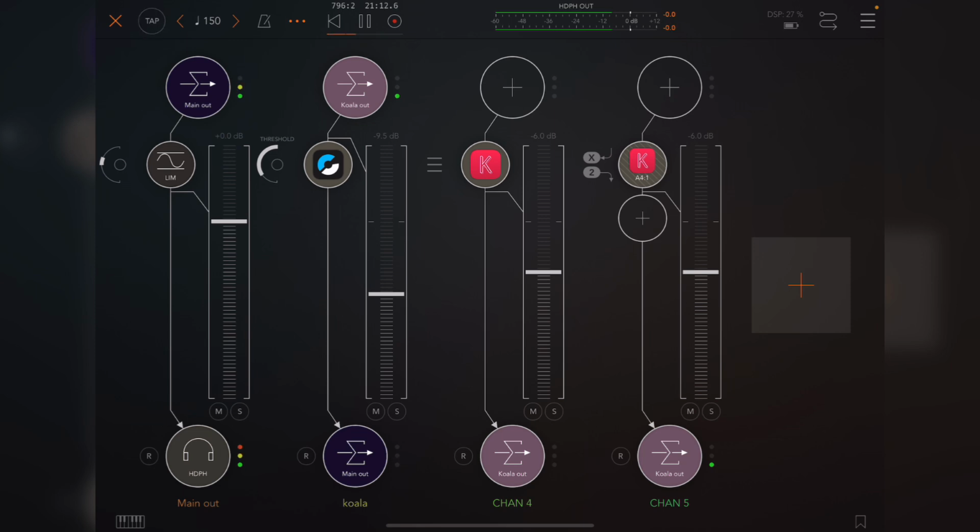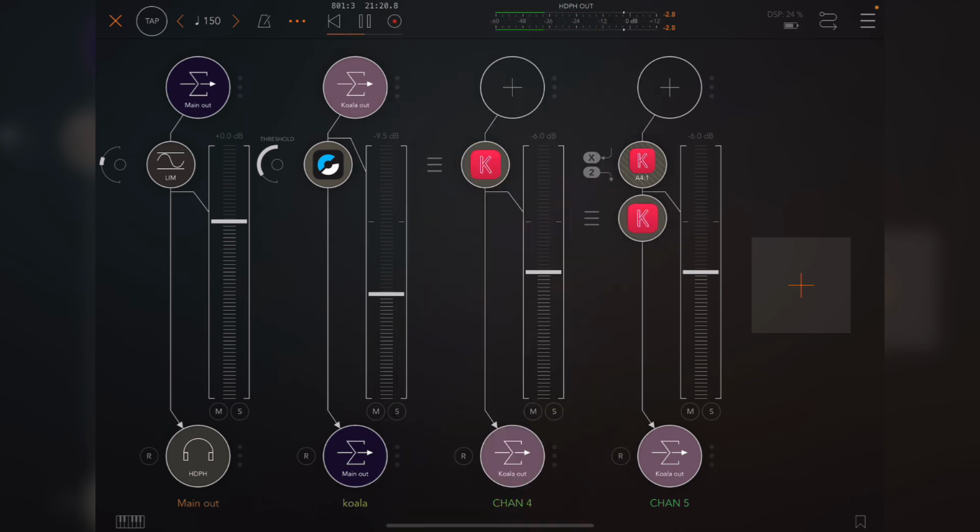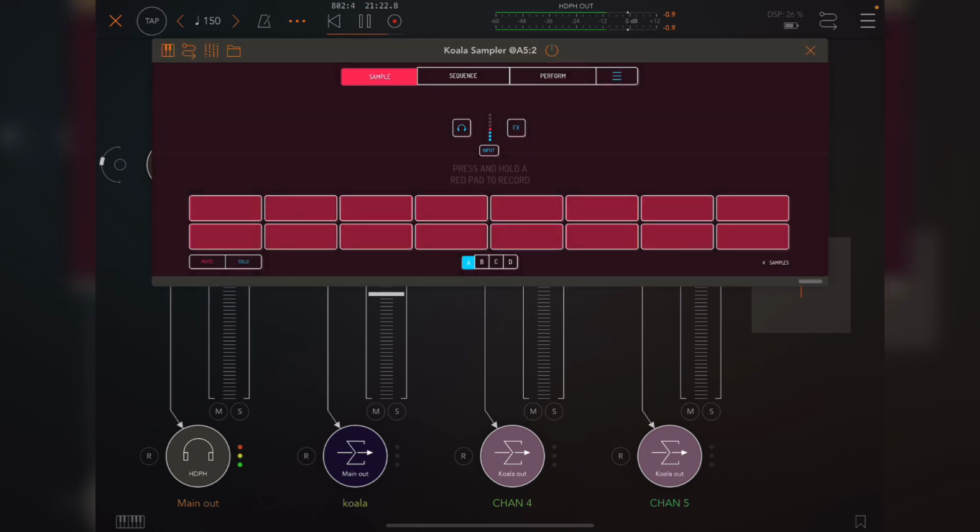So in order to be able to add bus effects and performance effects to this external out, you need to add another Koala instance, and obviously that silences it. Now, you might think to turn it on this way, which means you can hear it again. However,